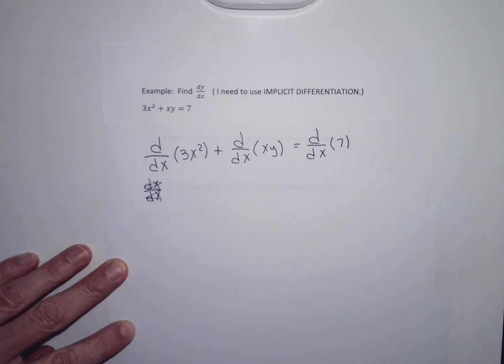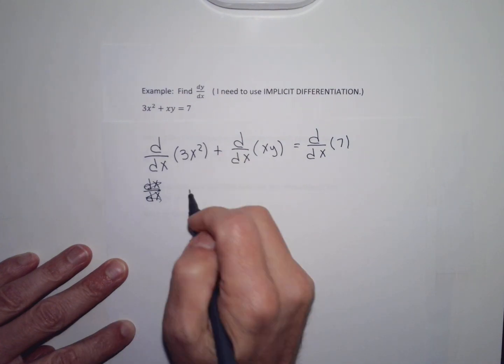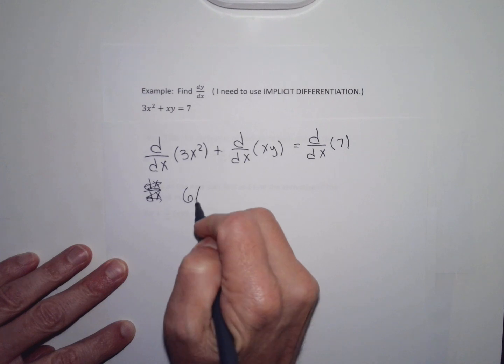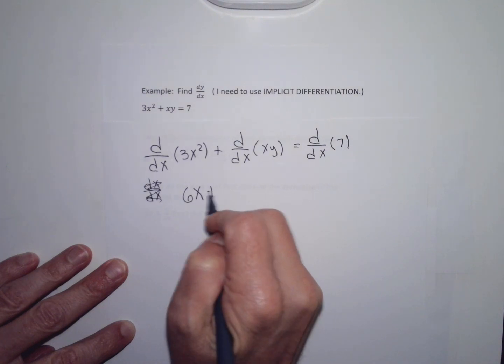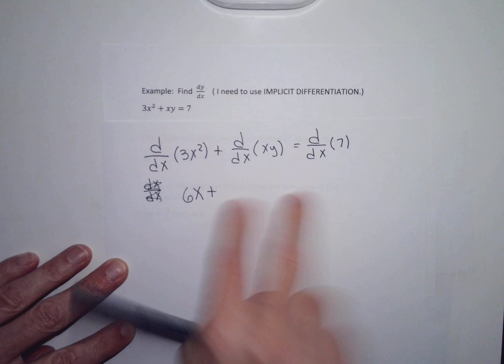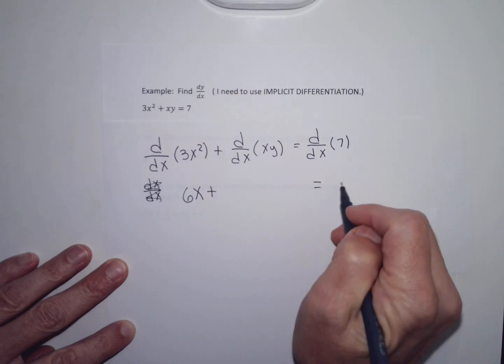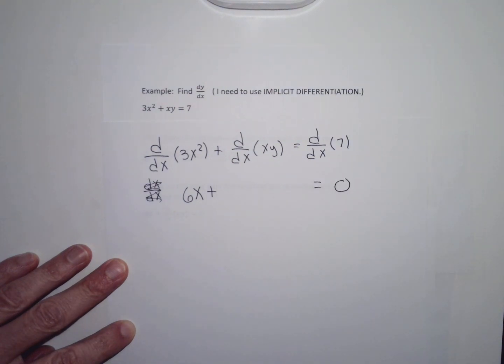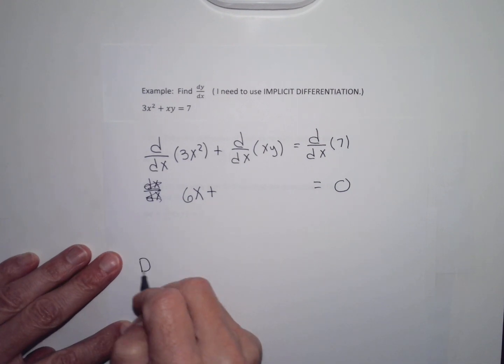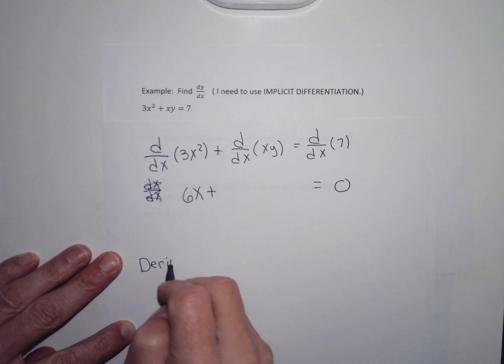So the reason I don't show that is because it's not necessary, because that's equal to 1. So I'm just going to do the derivative of x as normal. That derivative is going to be 6x. This derivative I'm going to do off to the side. To the right of the equal sign, the derivative of 7 is a constant. It's just 0. So let me, off to the side, figure out how to find the derivative